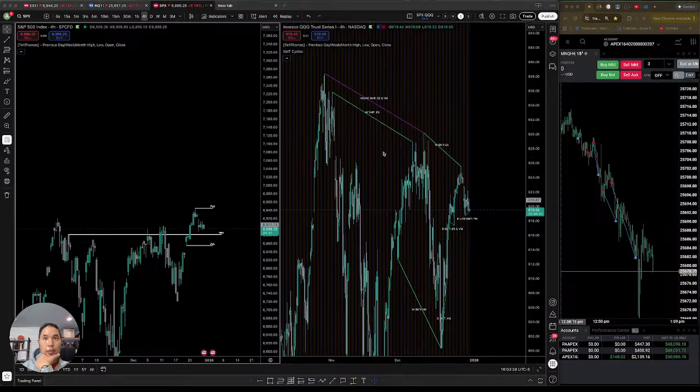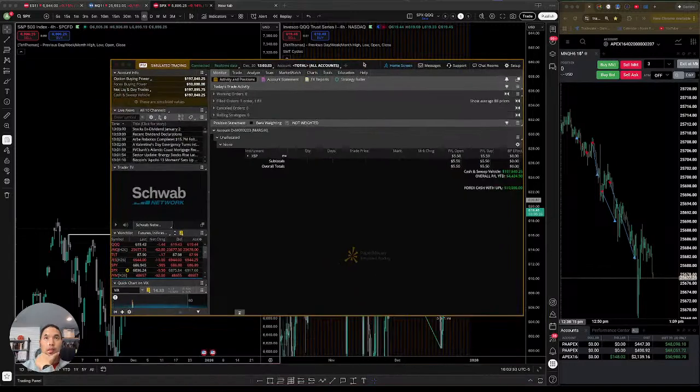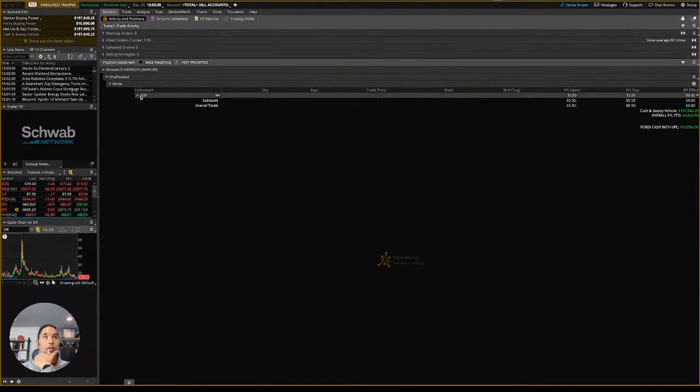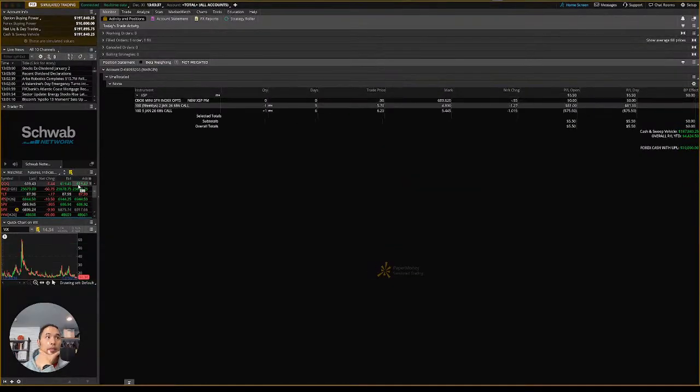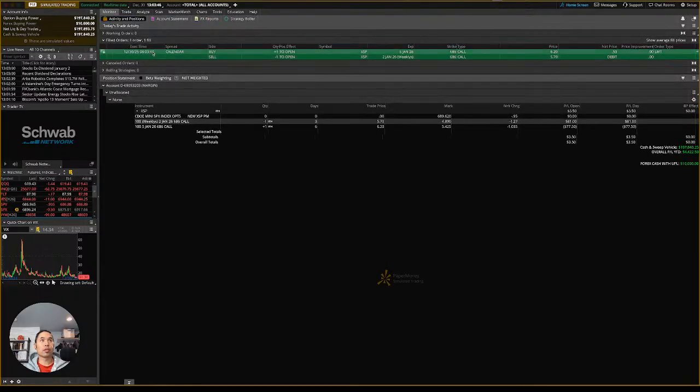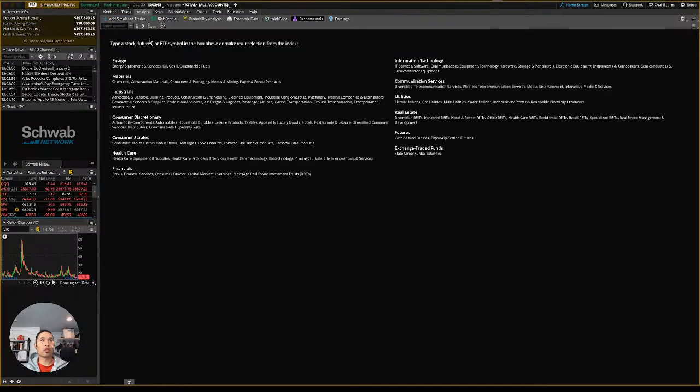Let's see if it failed me. Yeah, so oops. So I got XSP, which is a 10th of the size of SPX. So if I trade orders, let's see here, build orders, analyze trade,